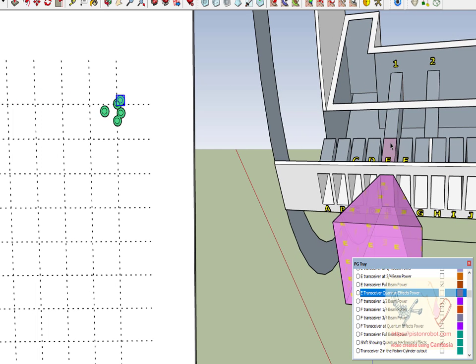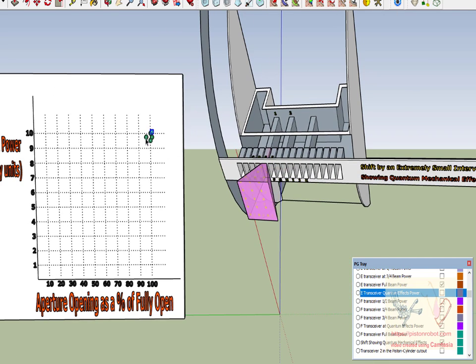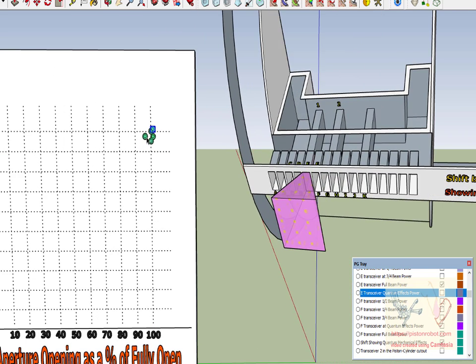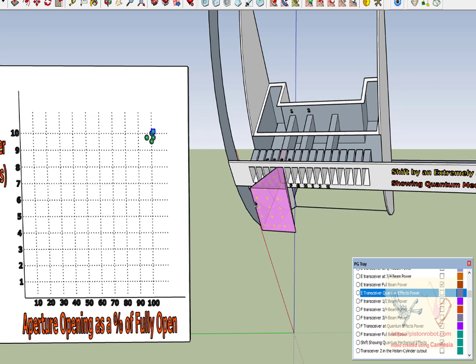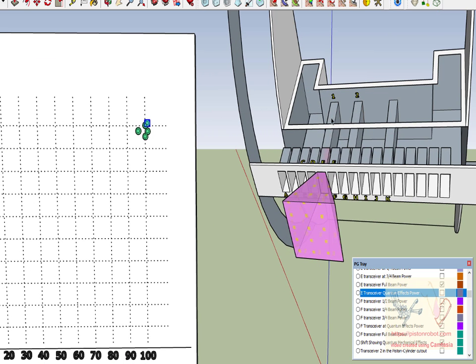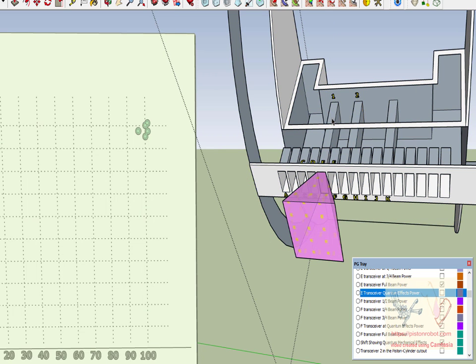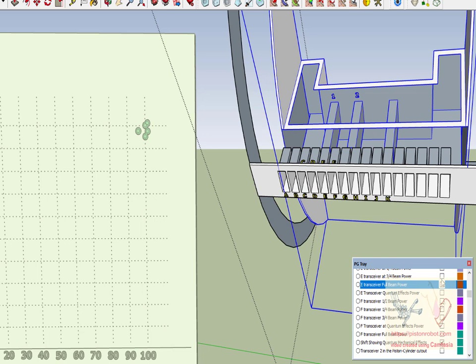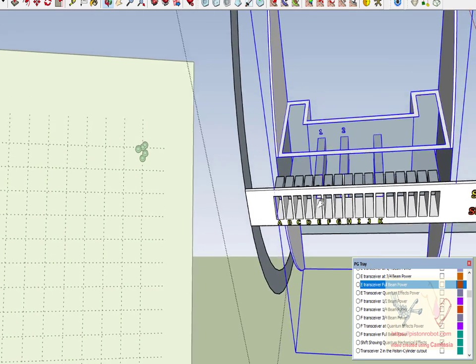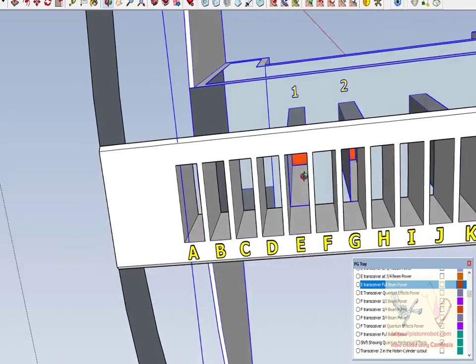opening is set at a 100% opening level, that we get power values of 10 for this 100%. And the question becomes, well, what happens if this opening changes? And so what we'll do is we'll go turn off this full beam power for E. So it was coming out because it was completely lined up, but we've turned it off so that we can see in there. And we'll go over here and grab a hold of this